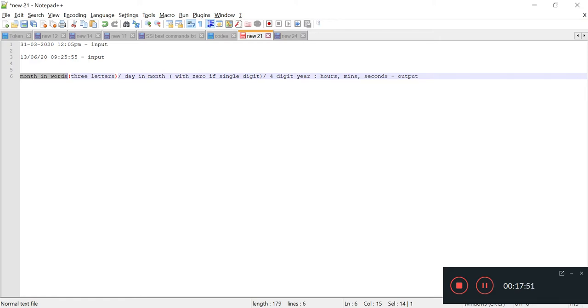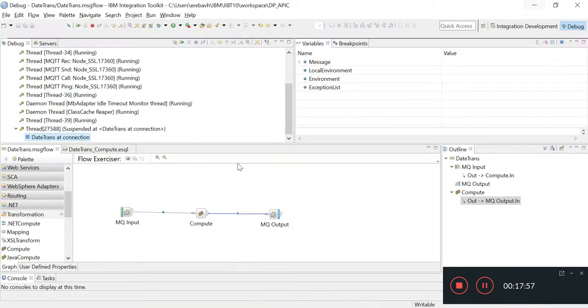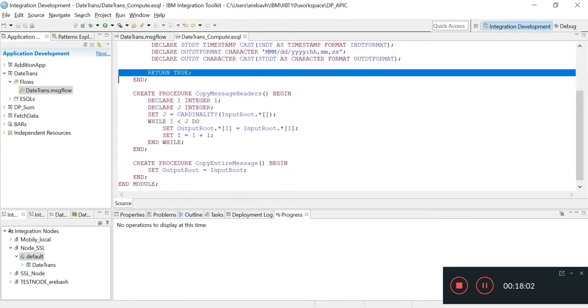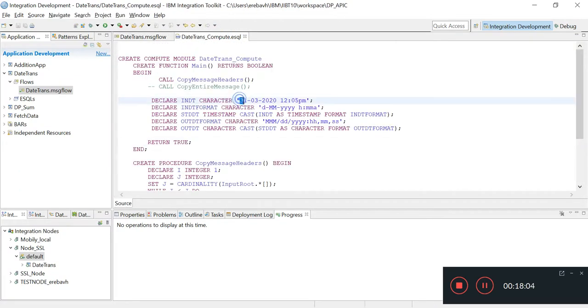Now we are going to try one more sample date transformation. Now let me show you this another date transformation. So for this, 13/06/2020.